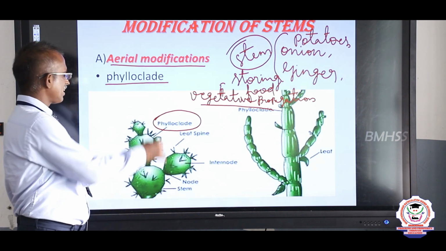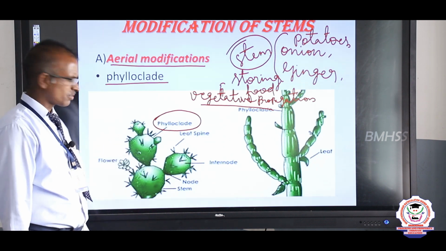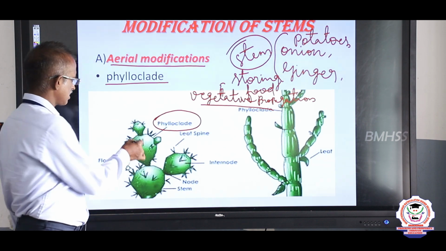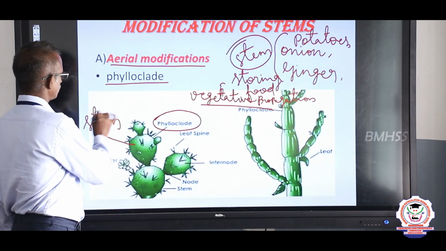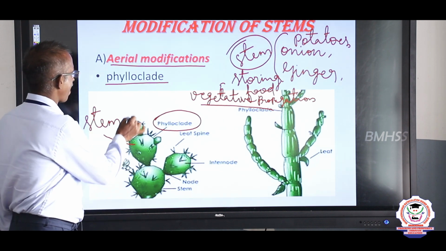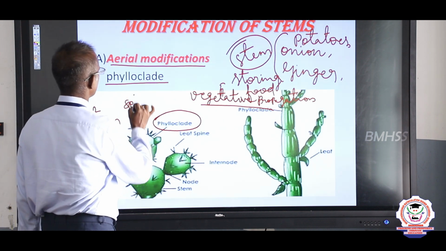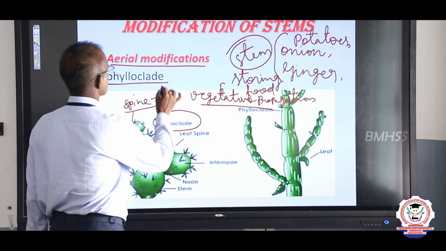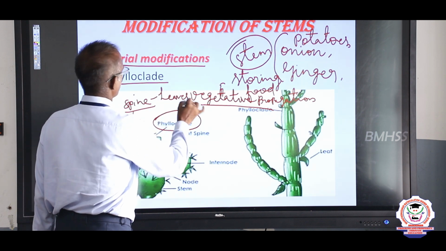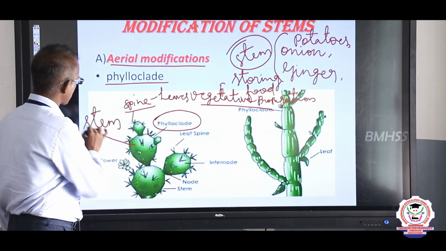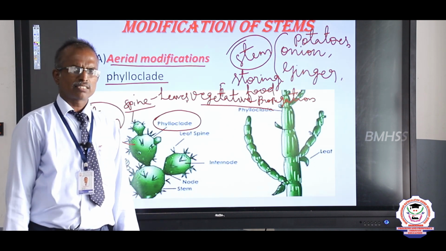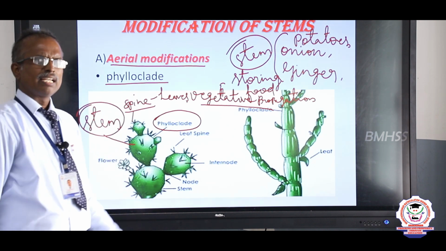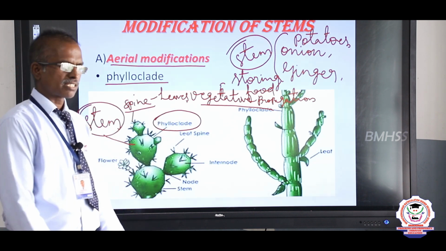the leaf is actually the leaf. In this case, this part is a stem part. That is a spine. This part is called leaves. This is a stem, a succulent stem. In the case of the cactus, a desert living plant.